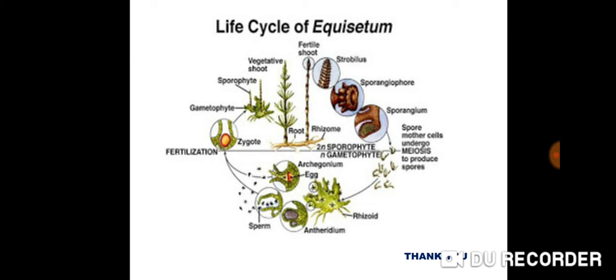Each spore germinates to produce a gametophyte, and each gametophyte bears 2 kinds of sex organs, antheridium and archegonium. Then the antheridium produces the male gamete, meaning the sperm, and the archegonium produces the egg. Water is essential for fertilization and there is a formation of a zygote. Then from each zygote there is development of the sporophytic Equisetum plant. So this is the life cycle of